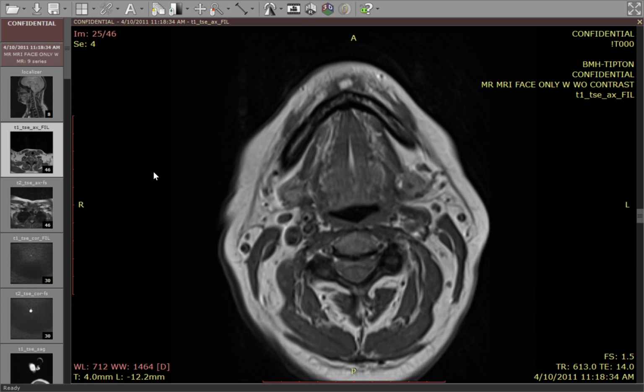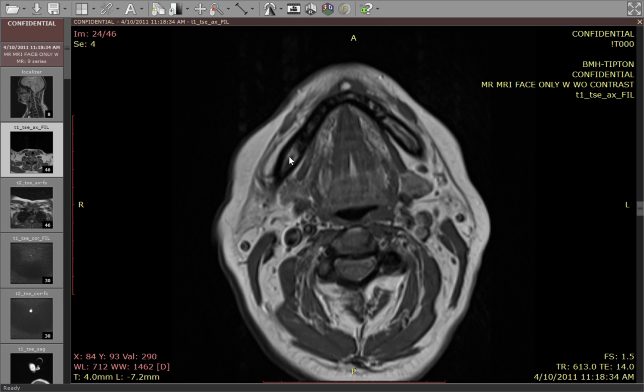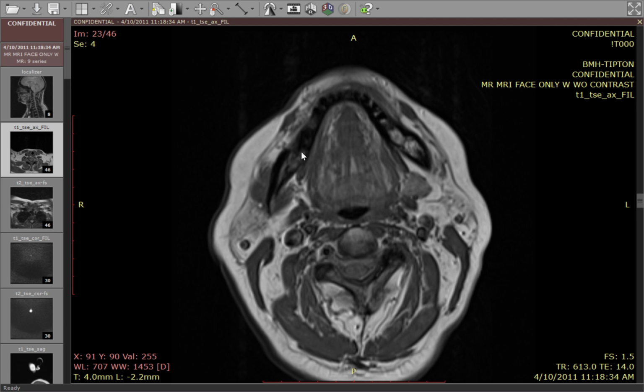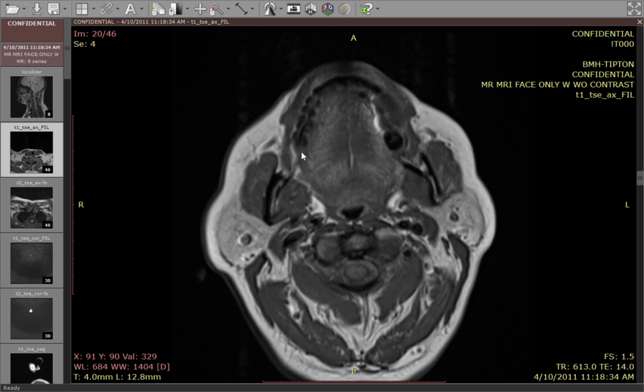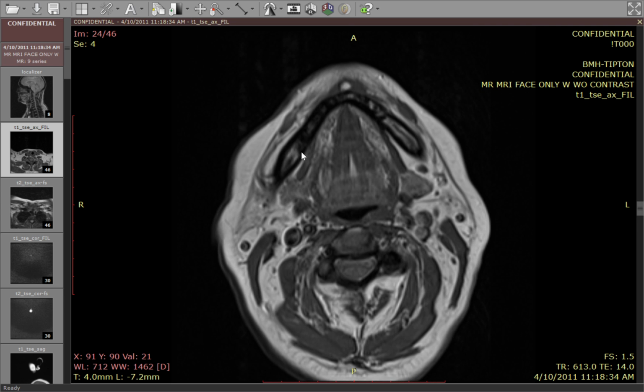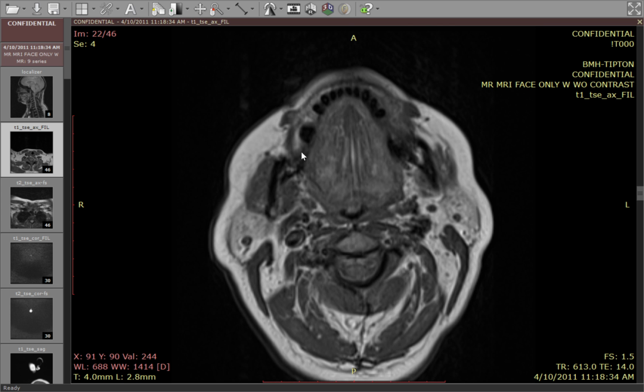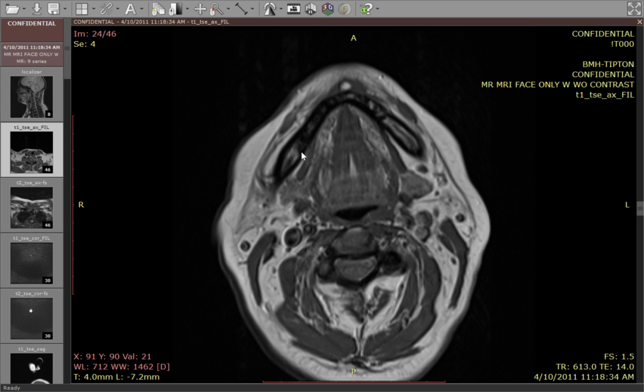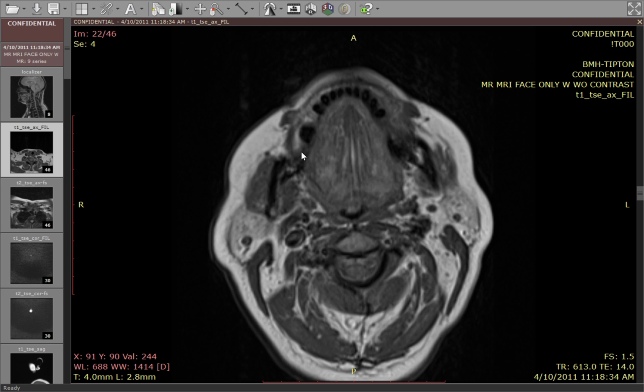A few things to note. We're at the level of the mandible. The cortical bone and the teeth are hypointense on T1. They're hypointense on T2, and most calcification is hypointense on T1 and T2. There are some exceptions. I think notably certain microcalcifications are bright on T1. But here's the mandible,